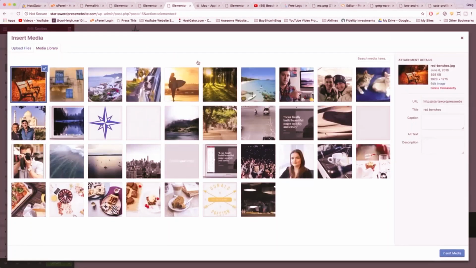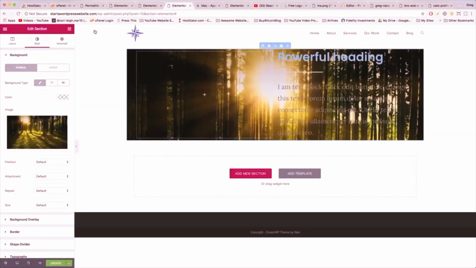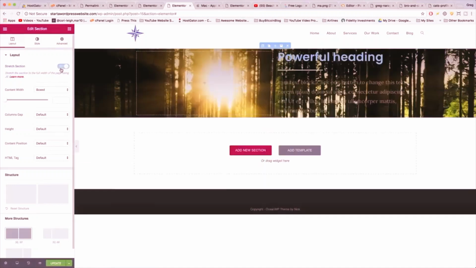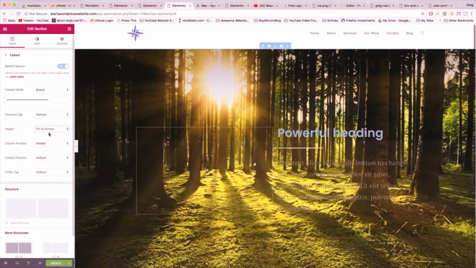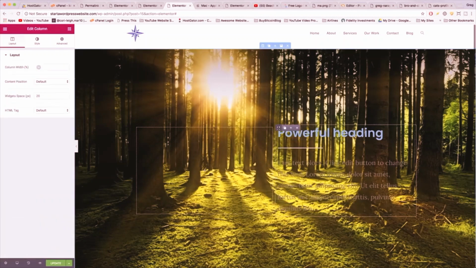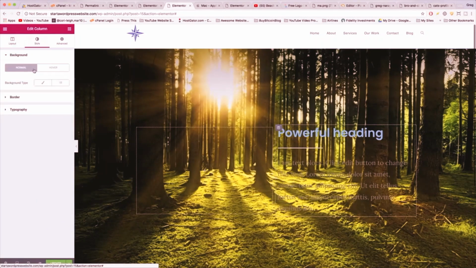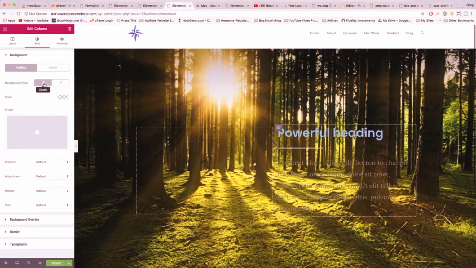All right, so first let's go with this nice mossy green forest floor and insert media. Now let's go to layout and stretch it, and height, we're gonna go to fit to screen. Perfect. Now we want to give ourselves a nice white background on this whole text section so that we can read it. So let's click on the column settings, and we're going to click on style, background type classic, background